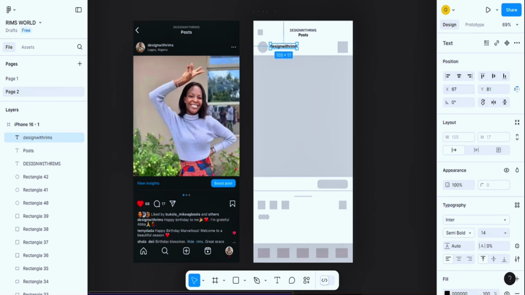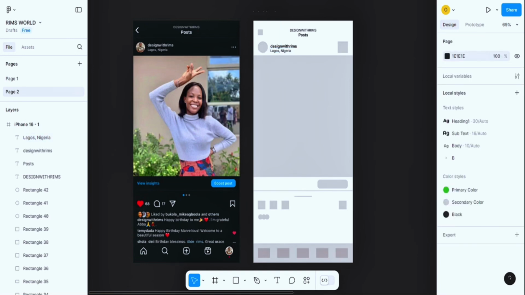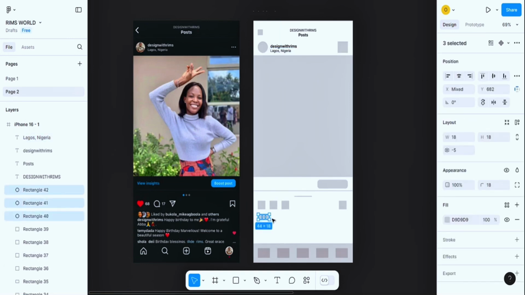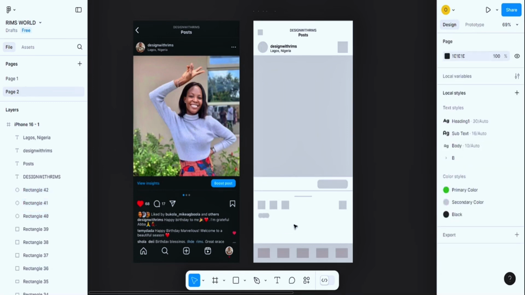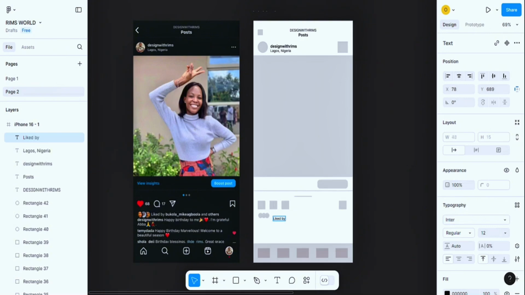Okay, so I'll go on with the other text as well, and I duplicate the text and rewrite the text, and then I go ahead to change the size as well and the font type. Okay, so I'll continue with my text,